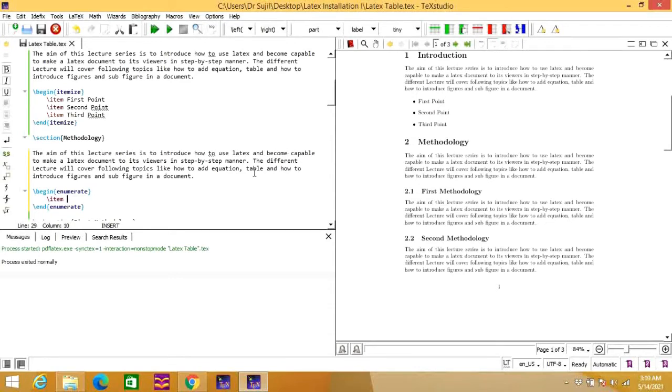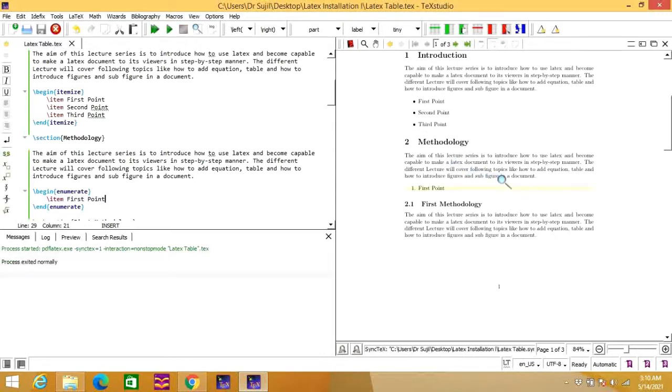The same thing we are going to write here. We need to write first point. Now we run it. Let's see how it is going to appear in the document. It is coming like this, 1 first point. Now if you want to add a second item, you can write second point here.